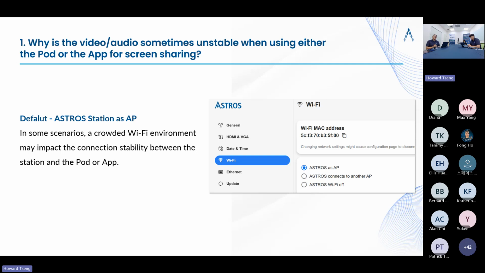So this question is that you may encounter an issue when you do screen sharing by using the pod, and sometimes in the middle the pod will disconnect. That is because by default, the ASTROS station acts as an AP, an access point. In some scenarios, a crowded Wi-Fi environment may impact the connection stability between the station and the pod or